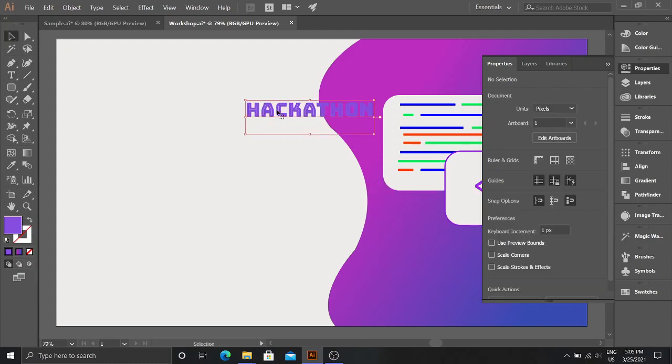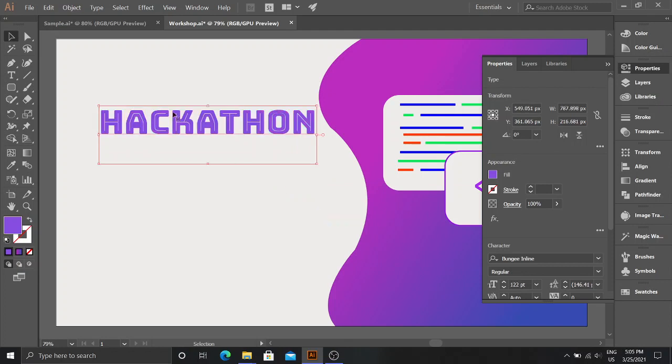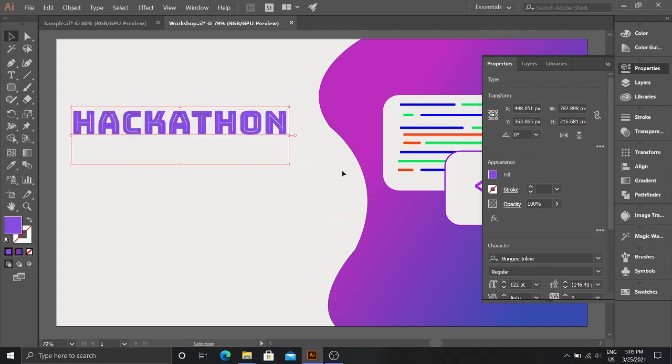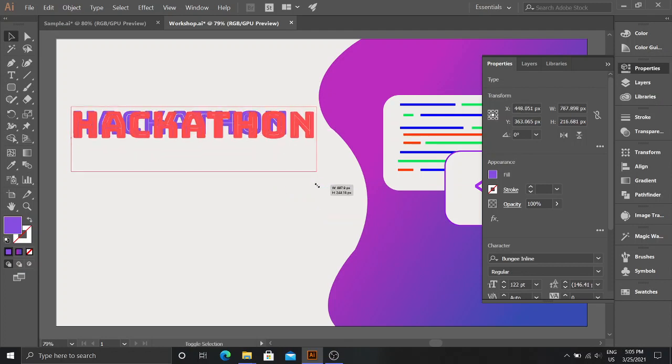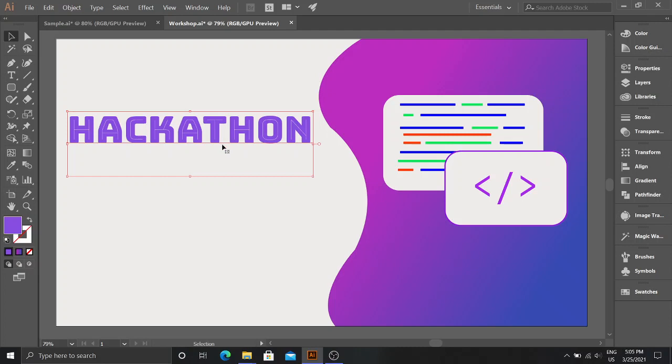Now use the selection tool, drag it here, change its size, like this. So this is the basic template.